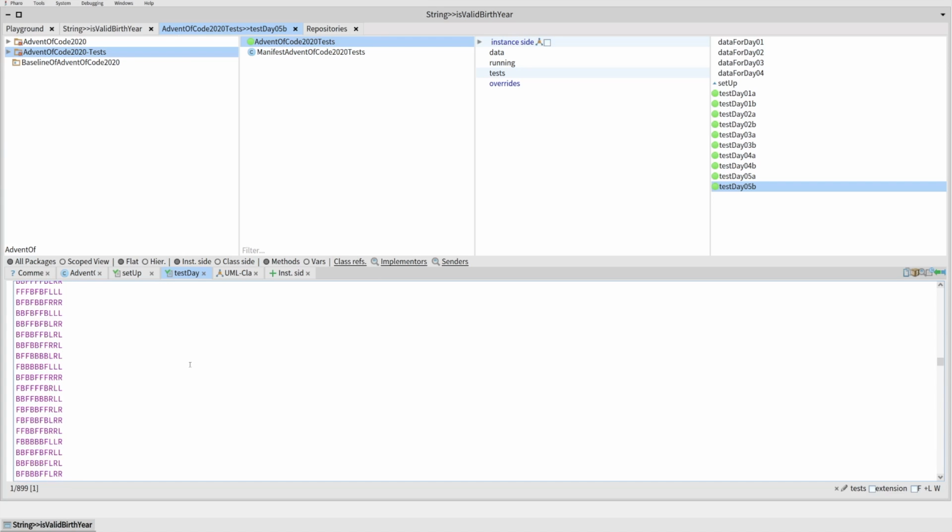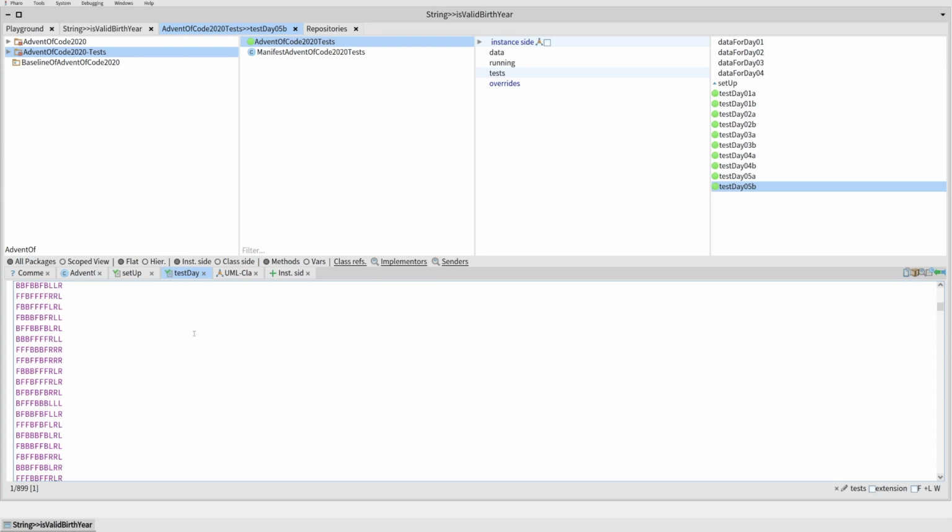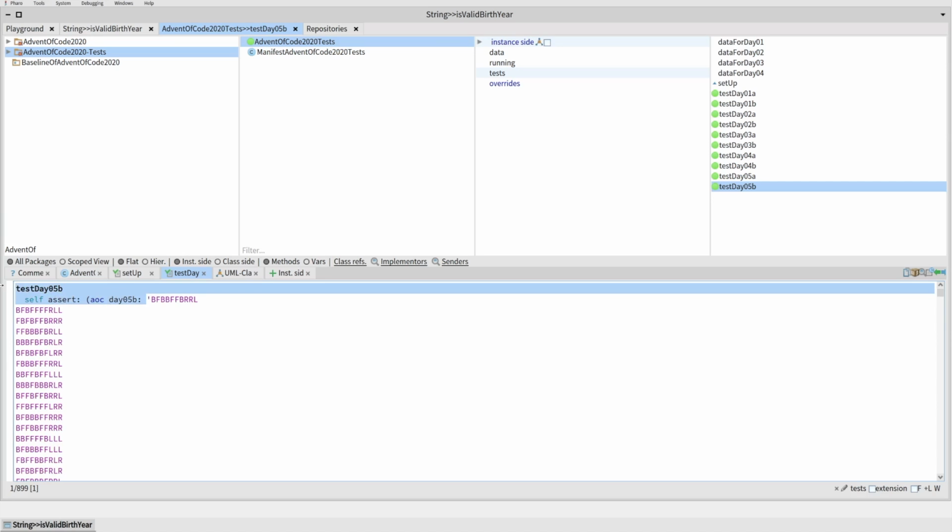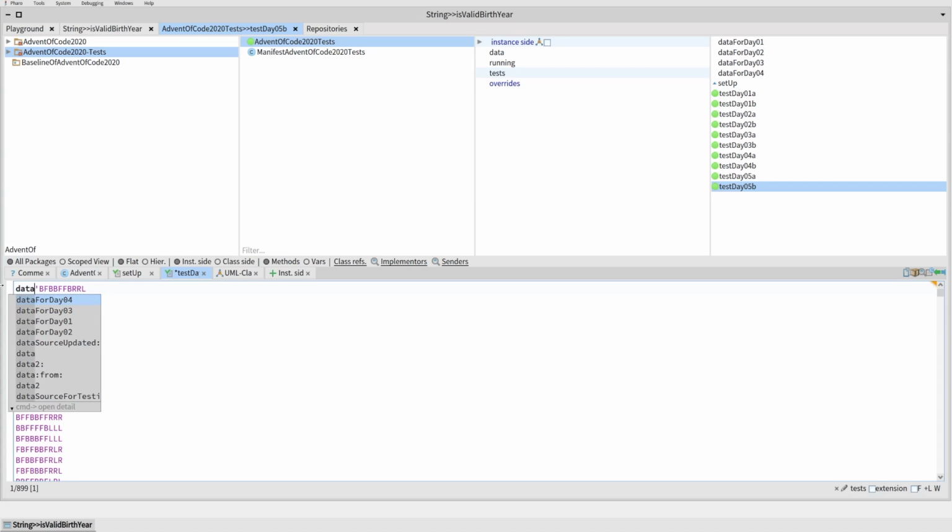So I'm going to change this quickly and have this just return, call this data for day 5, and have this simply return this,